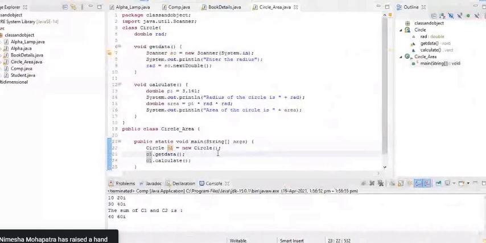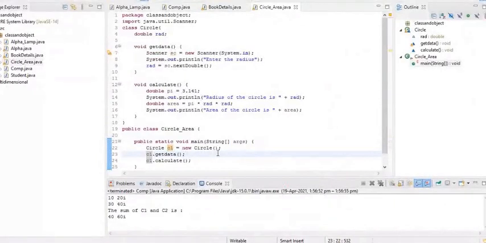Explain this one. Sir, the program starts from the main method. Here an object of class Circle is created. So c1 is called as? Object reference. Very good.